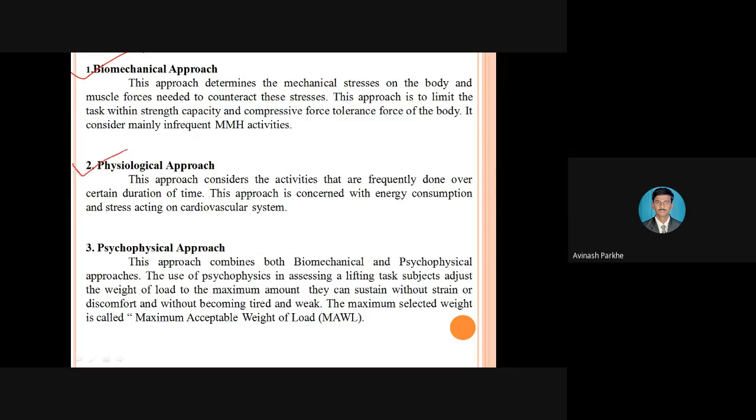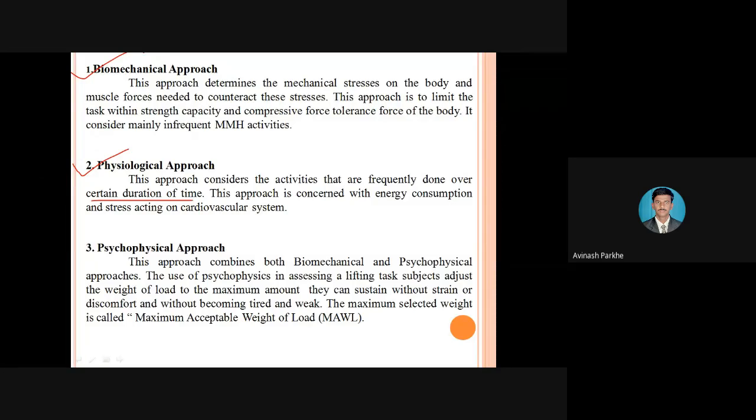Then second, physiological. This approach considers the activities that are frequently done over a certain duration of time. So sometimes again and again we are doing the same activity, taking components from one location, shifting to another, taking components from one location, shifting to another. That means this task we are doing again and again. In such situation also there may be possibility of some fatigue to that particular operator. So to avoid that situation, whatever the stresses are coming during the repetitive operations will be considered